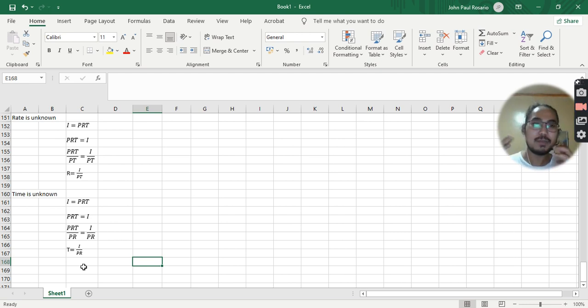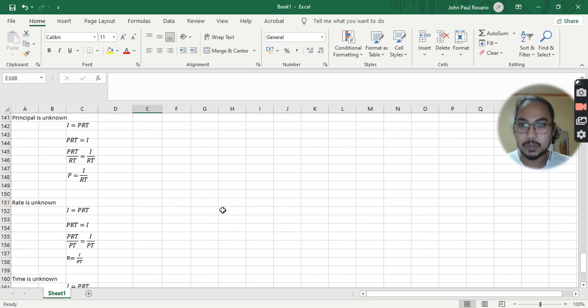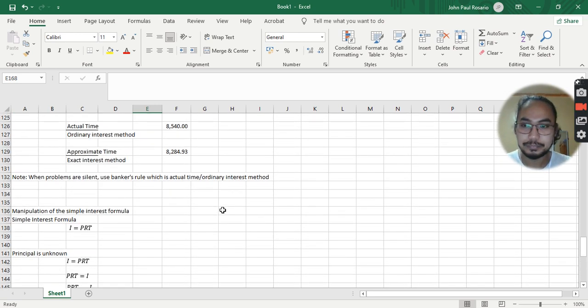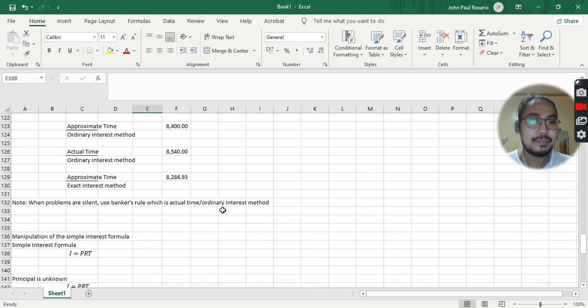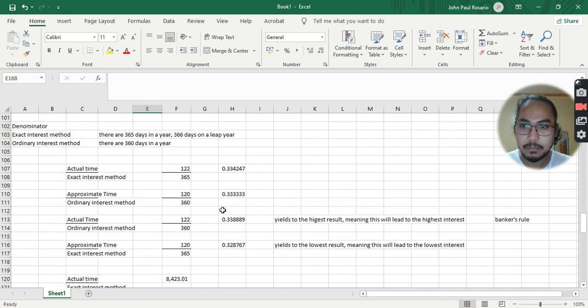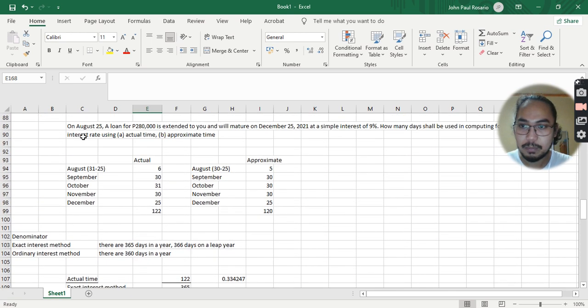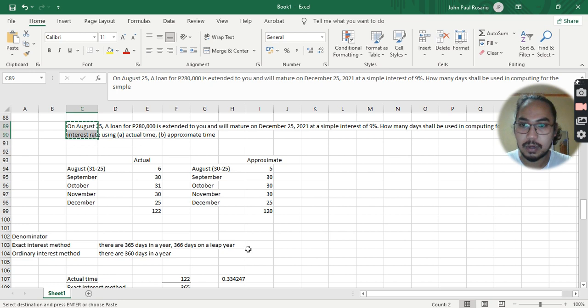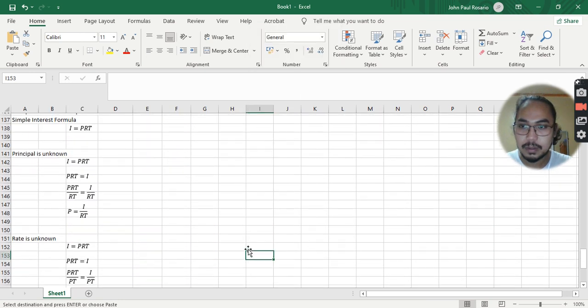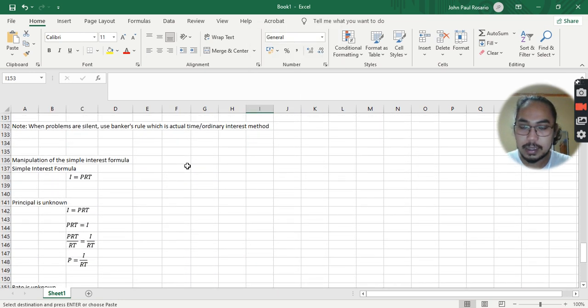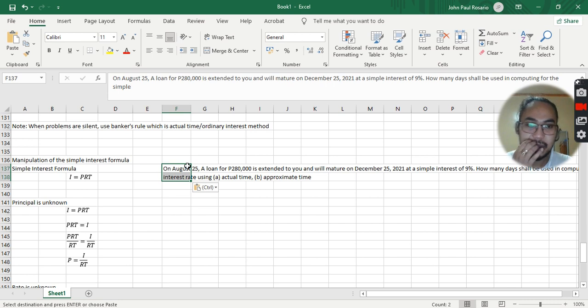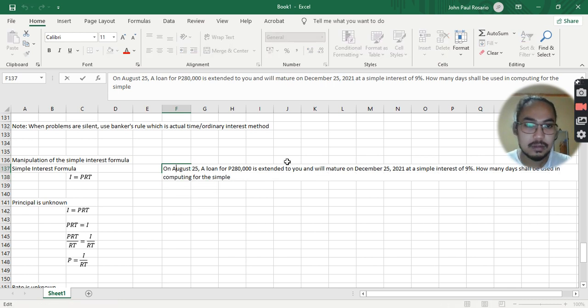Okay. So, let's put these equations into action. Let's consider this. Let's use the banker's rule. We will use the same problem here above. And then, on August 5,